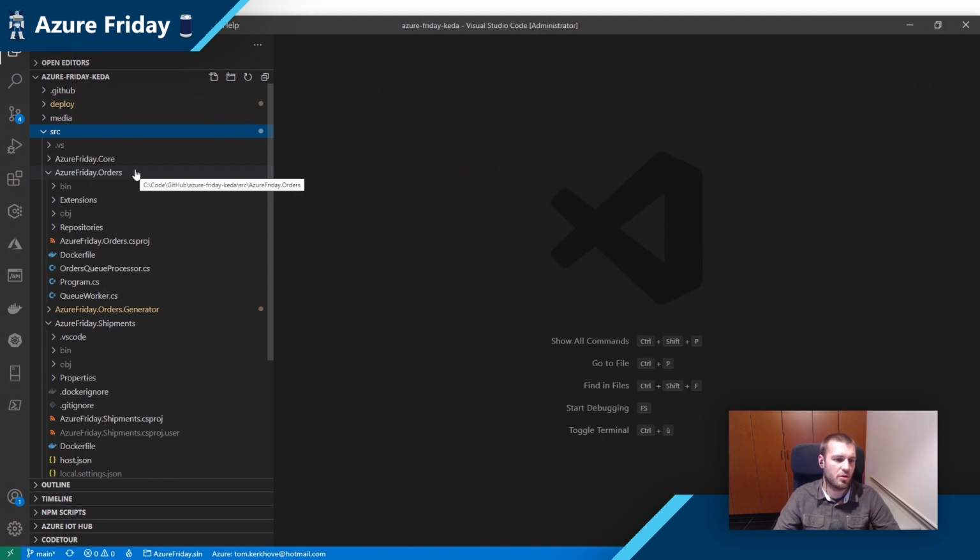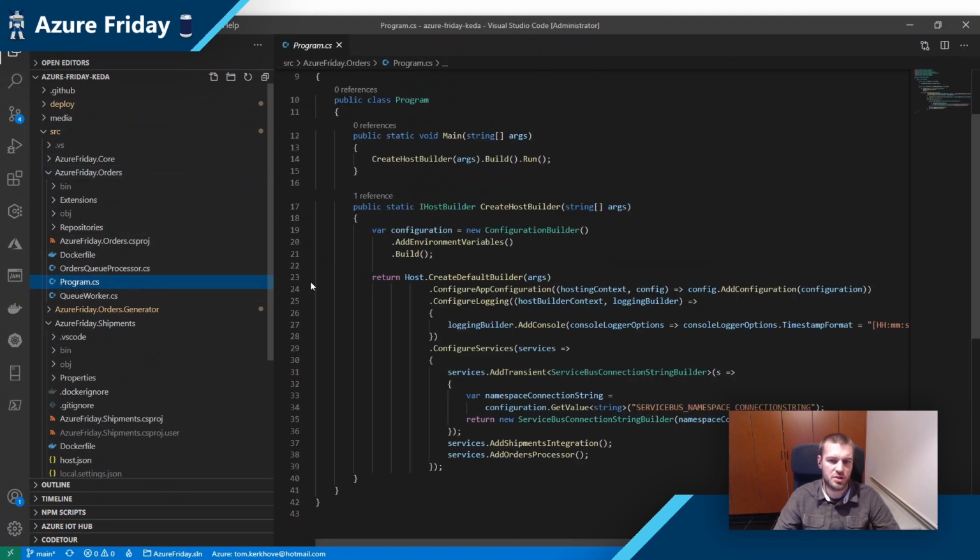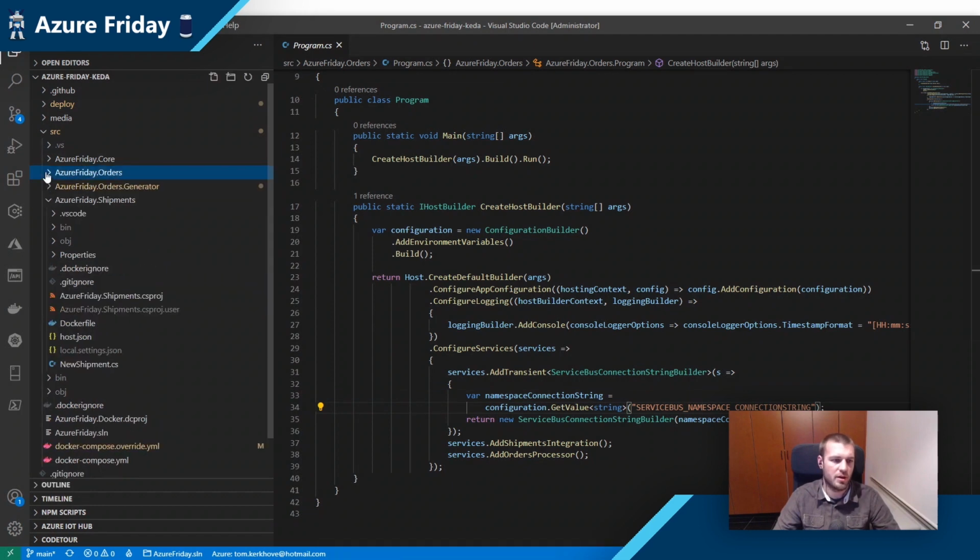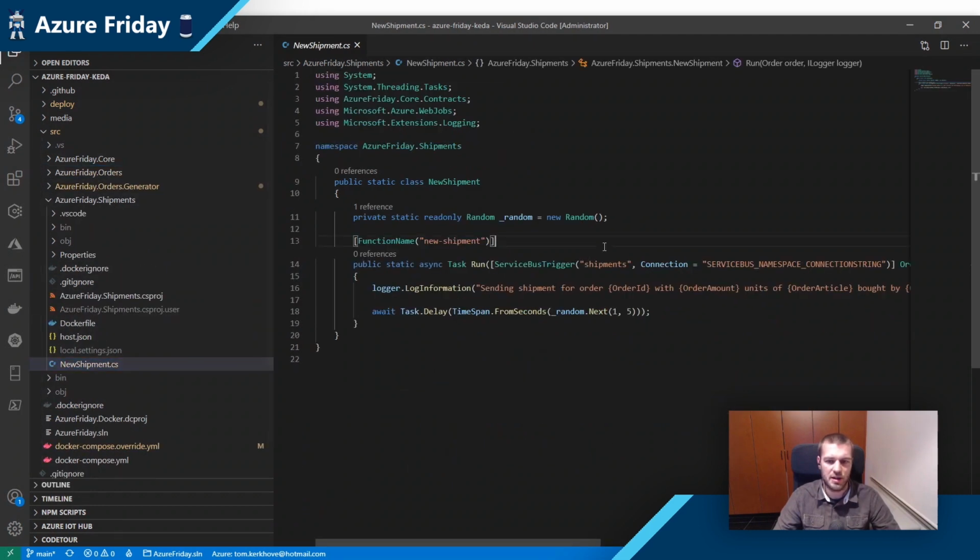The order component is just a regular .NET Core worker, where we have an order processor and it will connect to the service bus queue. Very basic. And then I just have one Azure function in a separate app, which will be connecting to the shipments queue. Those who are using Azure Functions already will see that this is just the same thing.